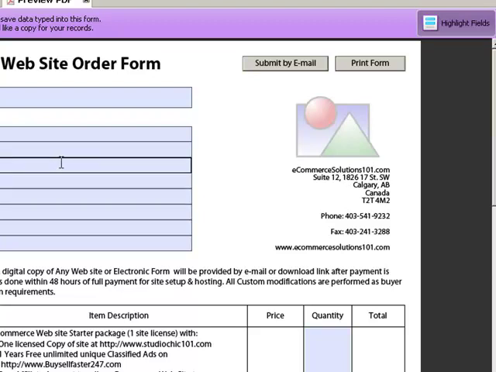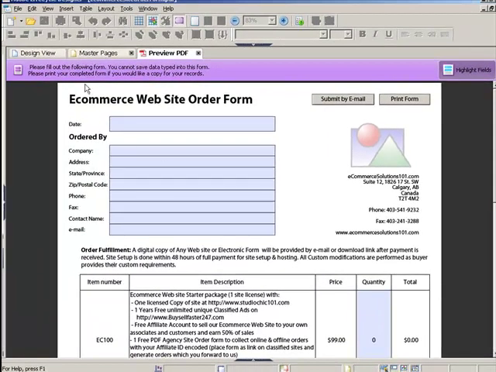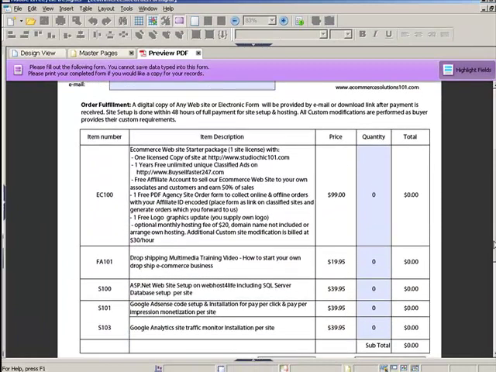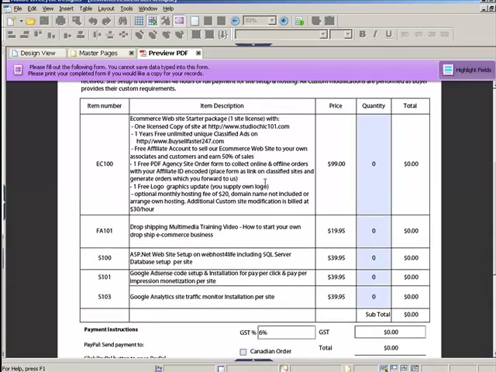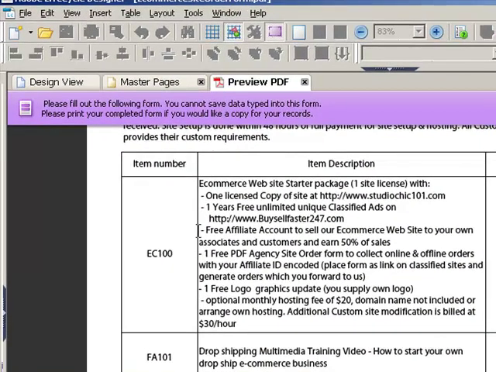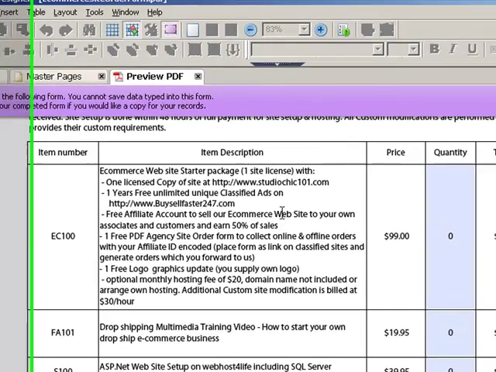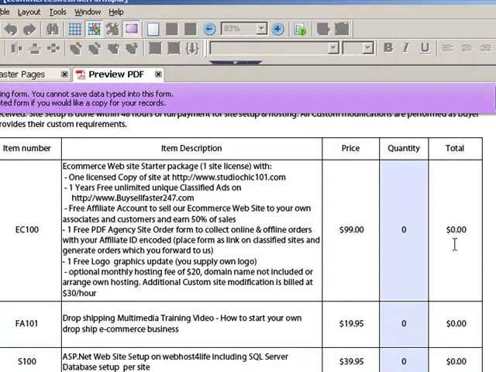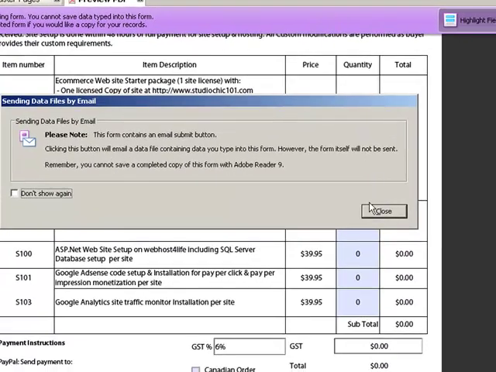And when they open the form, this is exactly what they will see. The key thing is you have the products or services that you're selling down here. You could have your own design that we could implement, but it has the basic information that the shopping cart requires. In other words, the description, so the customer will see what they're buying, the price, and the place for them to enter the quantity, and then the total.